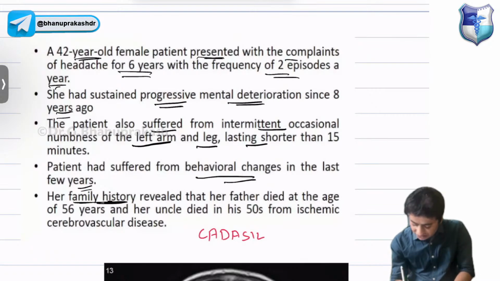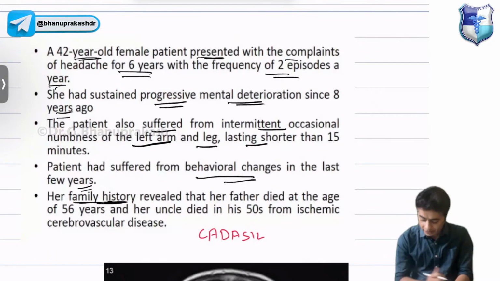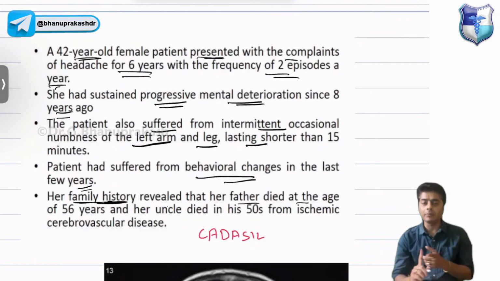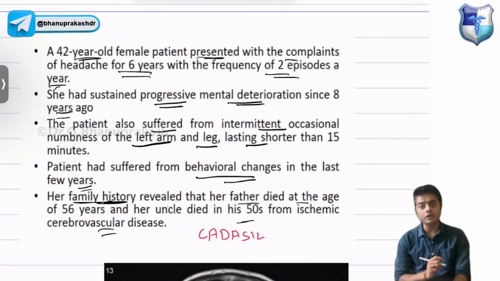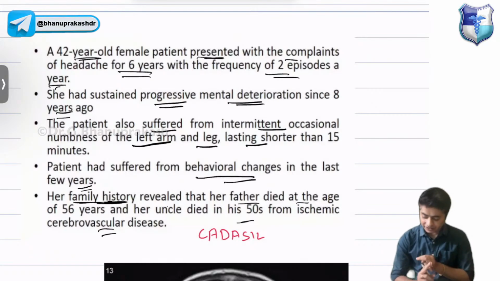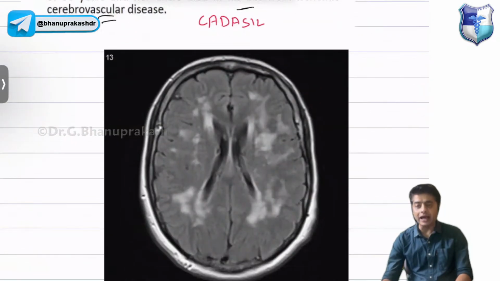The patient suffered from behavioral changes. There is loss of cognitive function. Her family history revealed that her father died at the same age, which means family history is positive, and an uncle also died from cerebral stroke. So there is stroke, there is headache, and strong family history is positive. And when we did the MRI,